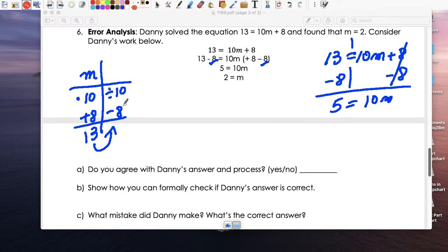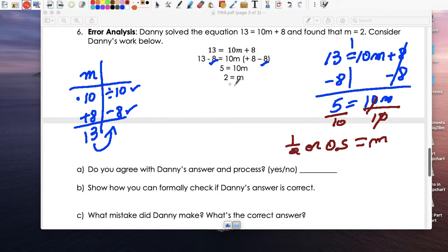Oh, let's see. Well, step 1 we did correctly. And then we're supposed to divide both sides by 10. So let's divide both sides by 10. Divide that by 10. Divide that by 10. 10 divided by 10, right? Go away. And I'm left with m, which is what I want, right? M isolated. My variable isolated. And then 5 divided by 10 equals 0.5, or I don't know, some of you wrote a half, that's fine too. Now she got,